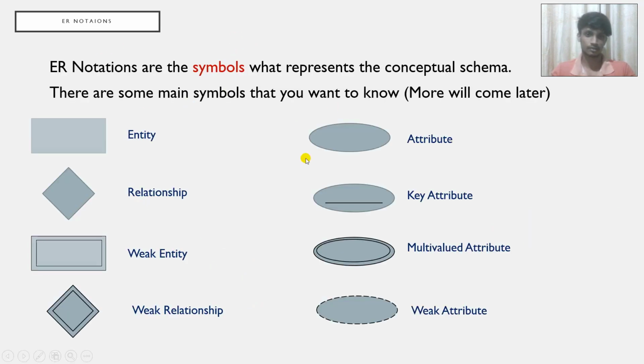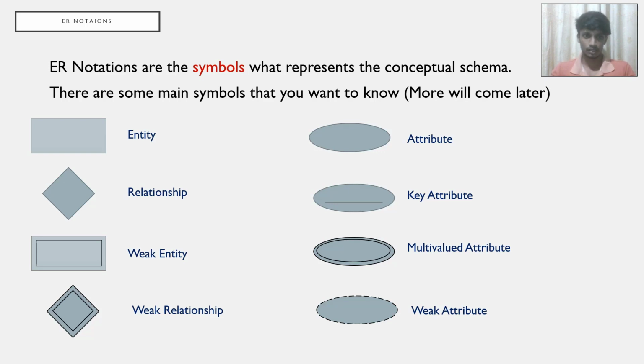Here the notations are the symbols that represent the conceptual schema or ER diagram. There are some main symbols that you want to know at this stage, and more will be discussed later. These are the basic notations that you should know in order to create an ER model or draw an ER diagram.